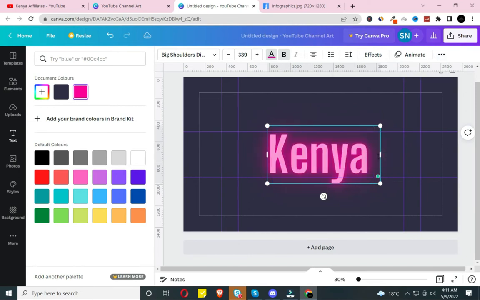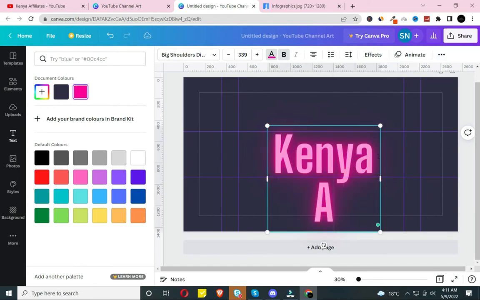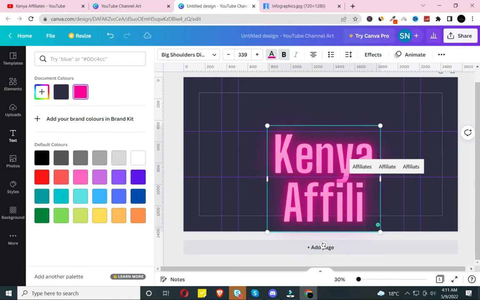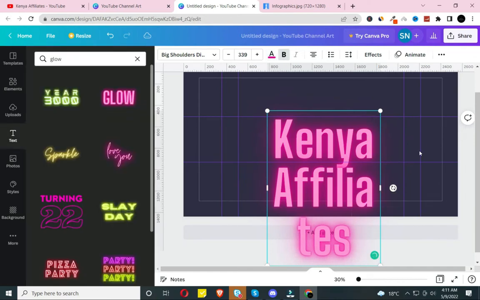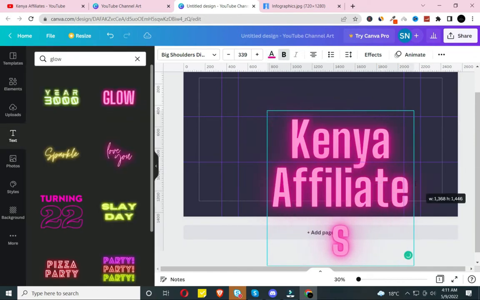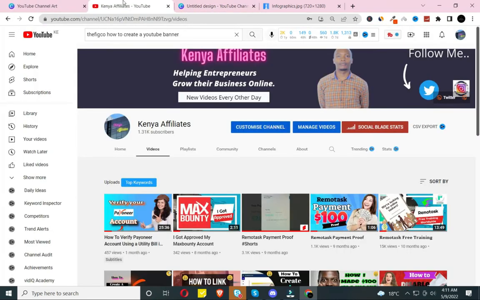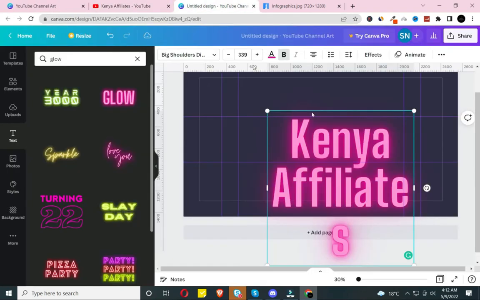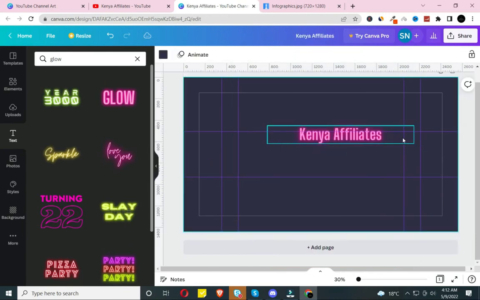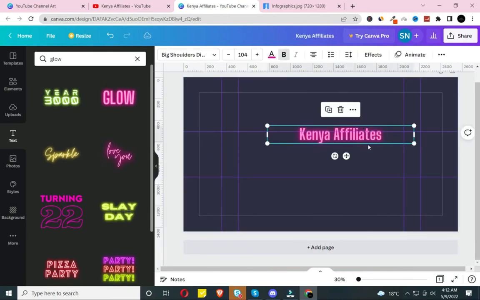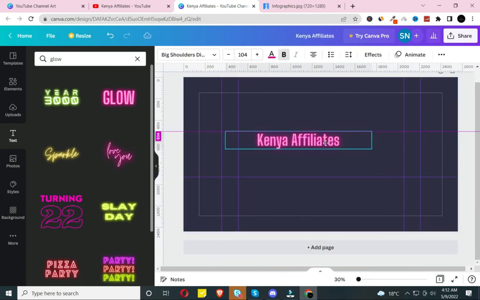Go ahead and type affiliates. So let's resize this to fit this part. I'm going to give it a size of 104. Trace now, click and drag it to the center.